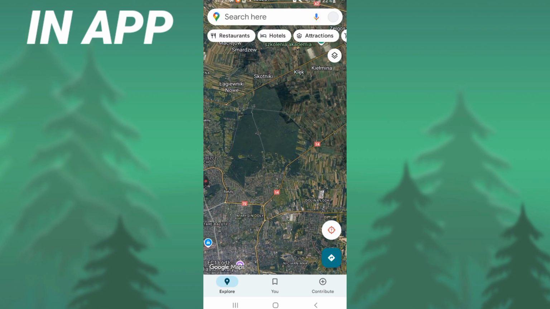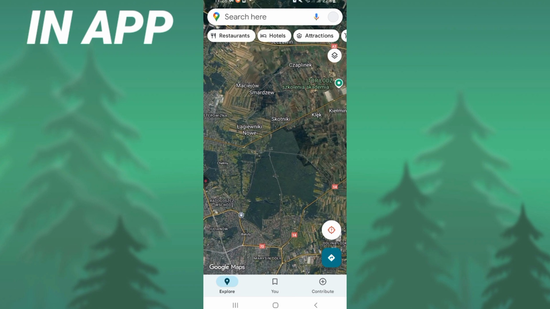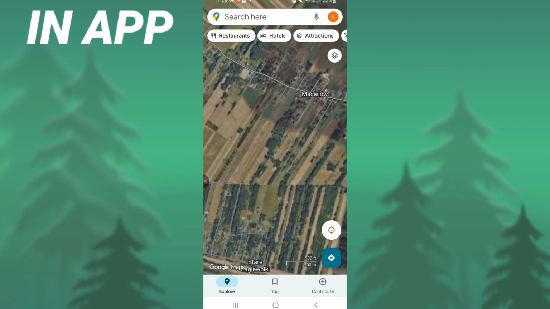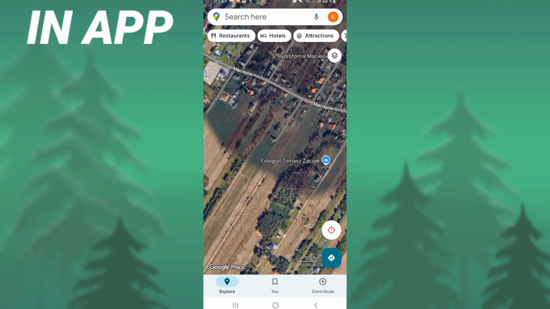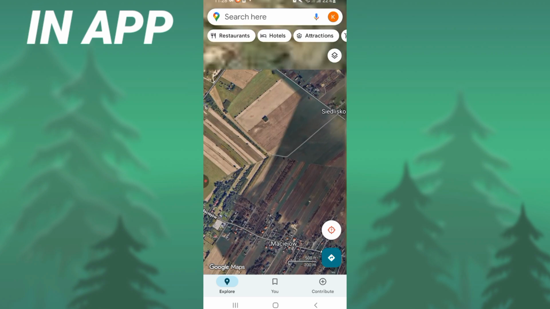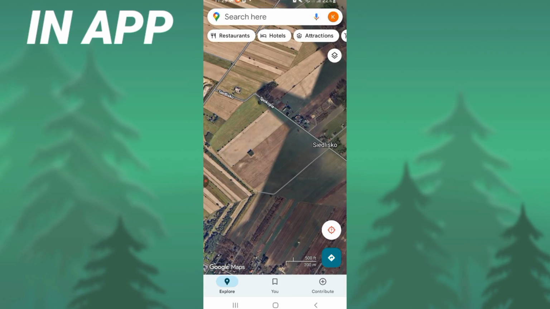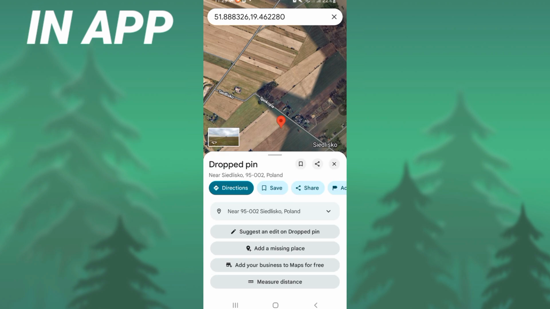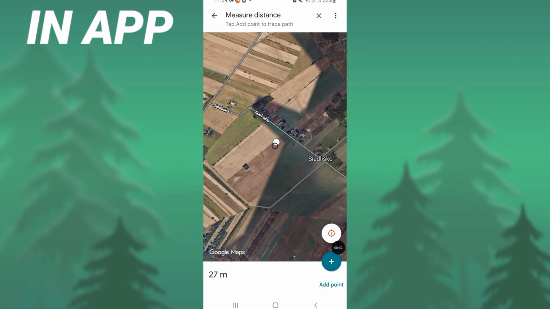So for example, I wanna measure land here. For example, I have a land here. So I will just zoom, and I want right now to measure this and calculate the distance. What I have to do, I will just click for 1 second and click here on measure distance, and